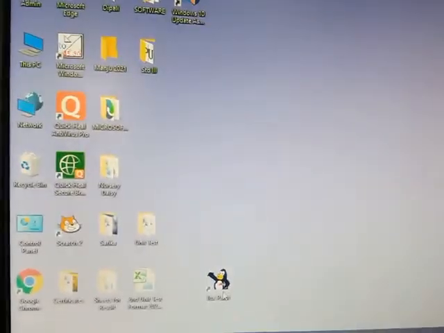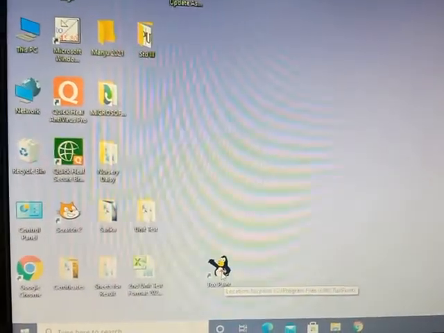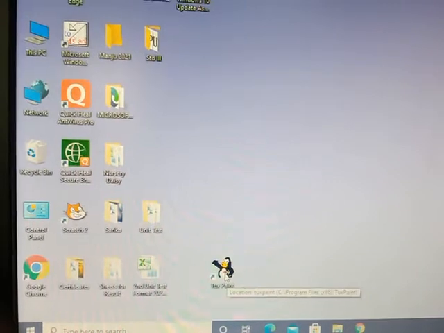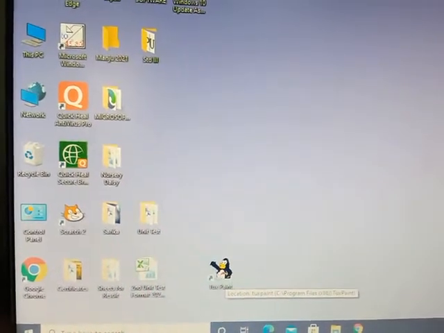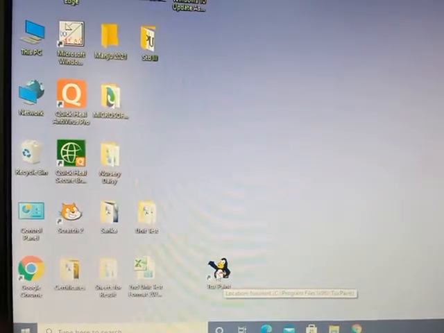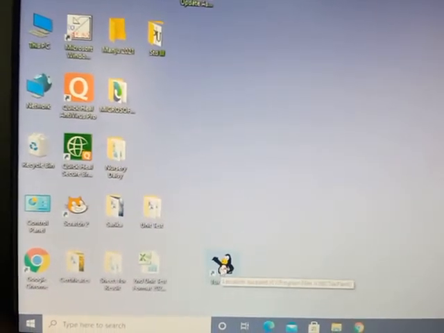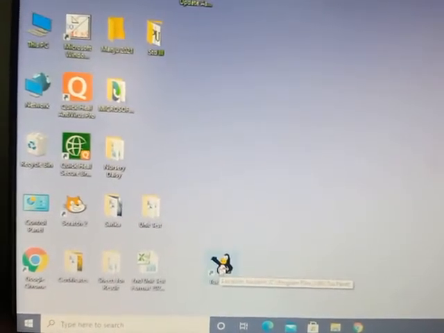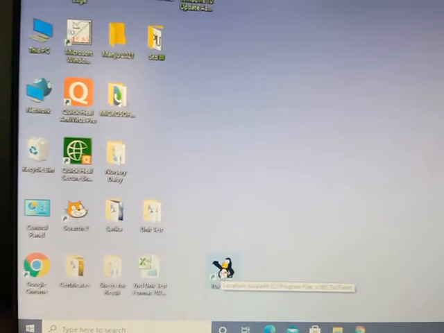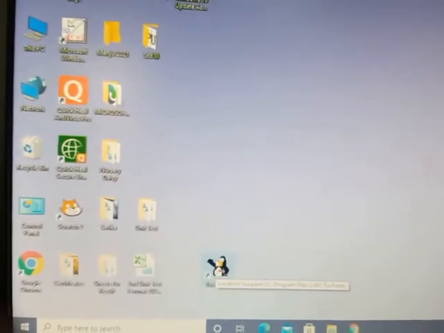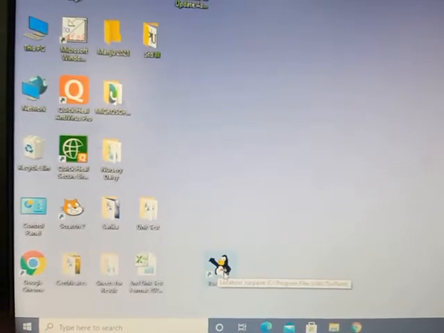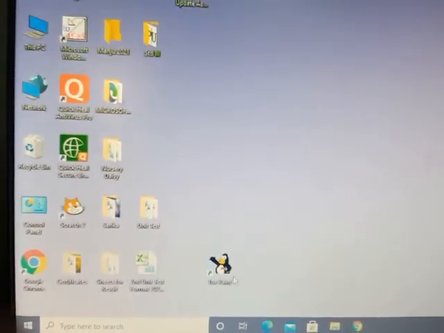Now for example, if you see Tux Paint icon, I want to move this. So first you have to select. So how to select? You have to press left button of the mouse once. Okay, you have to press the left mouse button once, then it is known as click. So when you give click, it will be selected. You can see light blue color, the icon is selected.